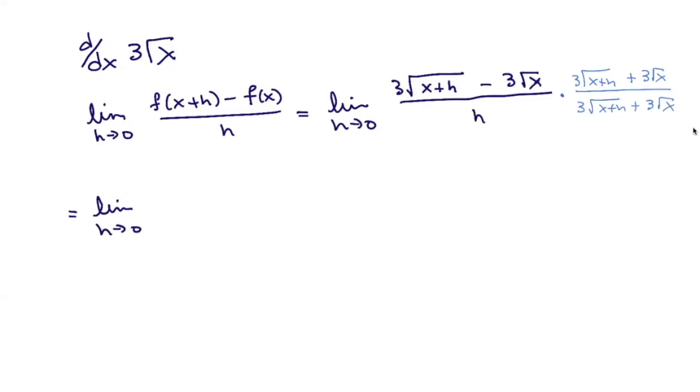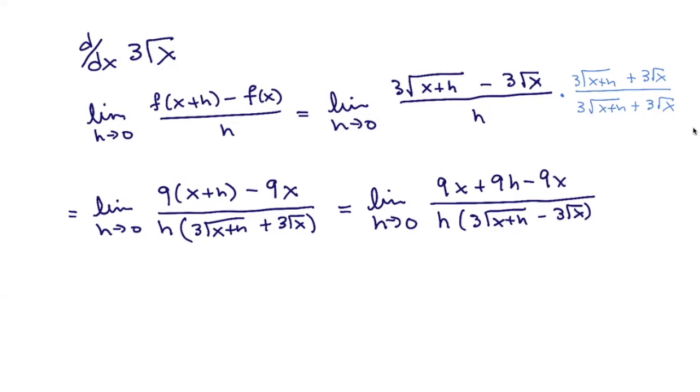conjugate here. Expanding the numerator, we will get 3 root x plus h times 3 root x plus h. So 3 times 3 is 9. Root x plus h times root x plus h is just x plus h. Then the middle terms, one will be positive, one will be negative, so they subtract out. And then the last term in the numerator will be a negative 3 root x times a positive 3 root x, so the negative 9x. And we have h times the quantity, 3 square root of x plus h plus 3 square root of